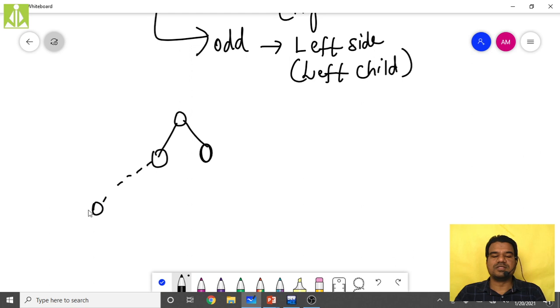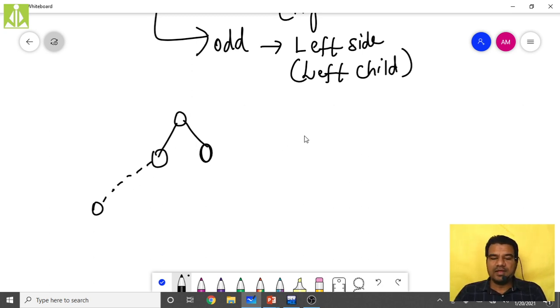This is the left side, that is, left side to this particular node, but not to the root node, because the root node is already filled up, isn't it? So left side to this particular node. In short, the count is giving us an idea whether we are inserting a left child or a right child. So simply what we do is call the same insert function recursively, so as to insert this node as the left child to this node.